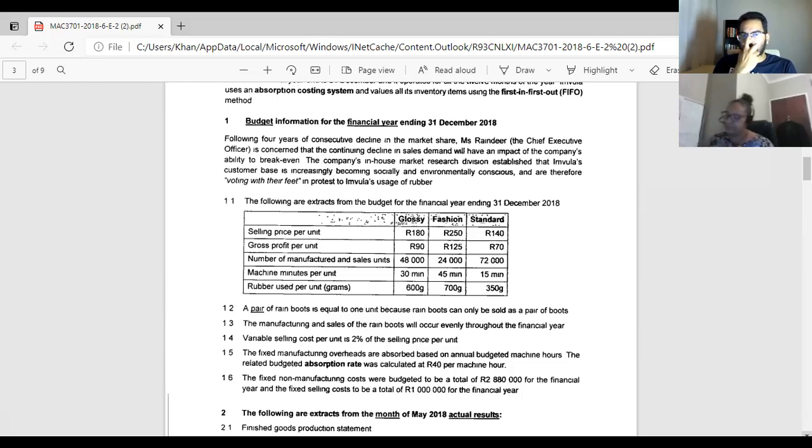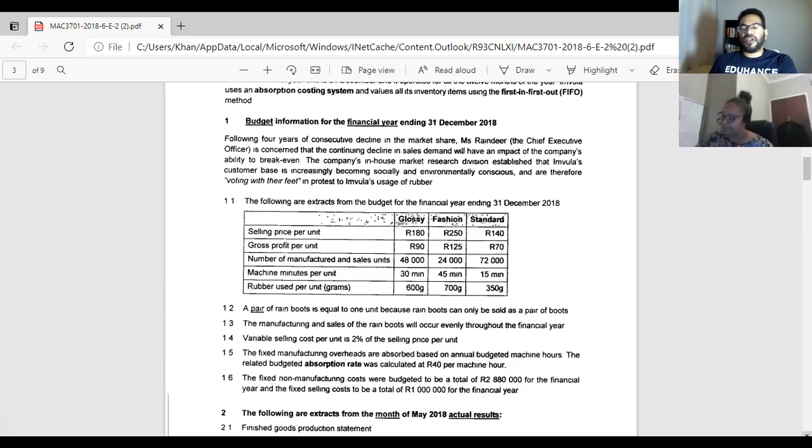The second is the period. Over here, they're talking about the financial year. So it's for the entire year. In another part of the question, or in a different question, they can give you information relating to a month or a quarter or a unit. Those are very important. And then the third important aspect is the date,